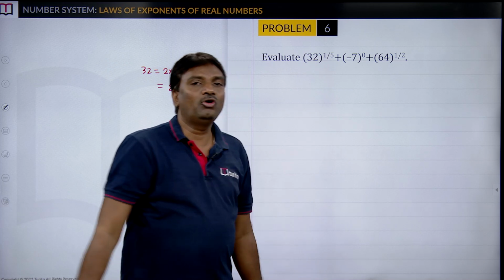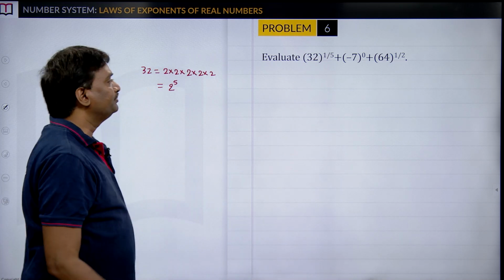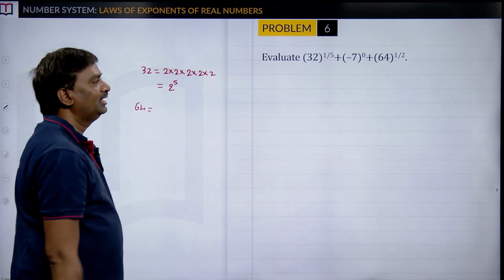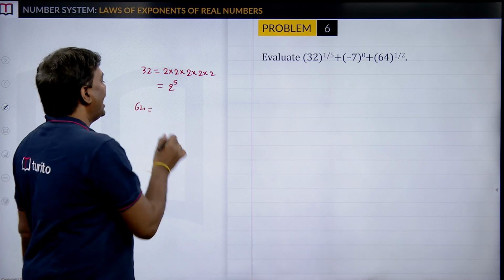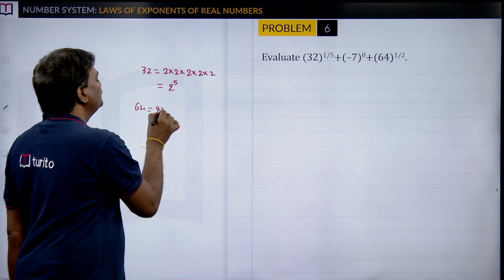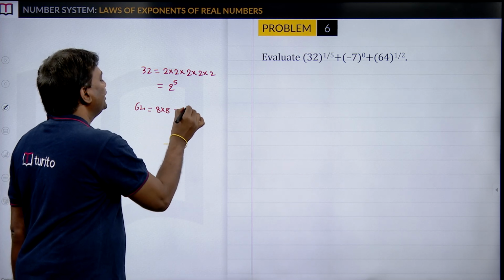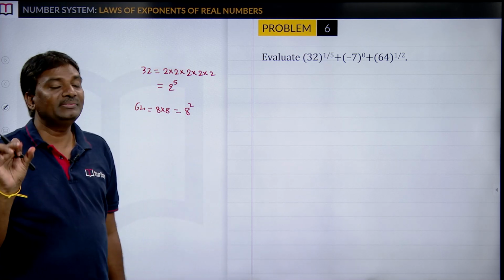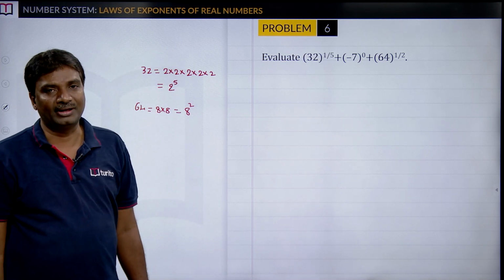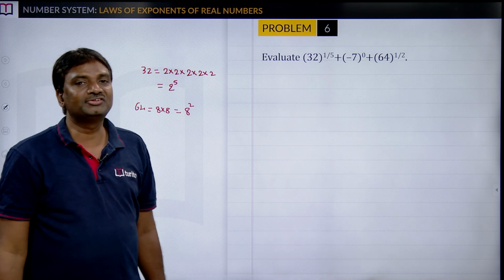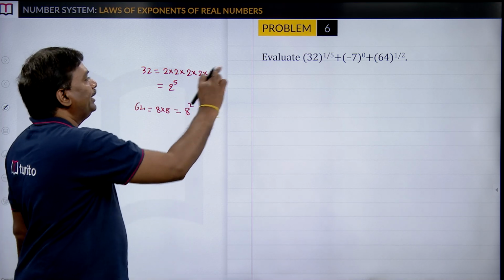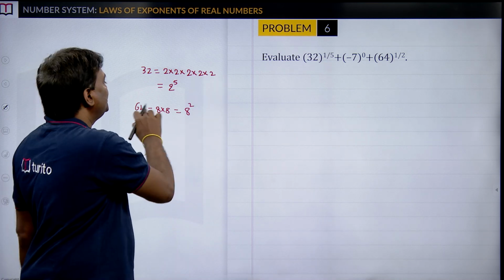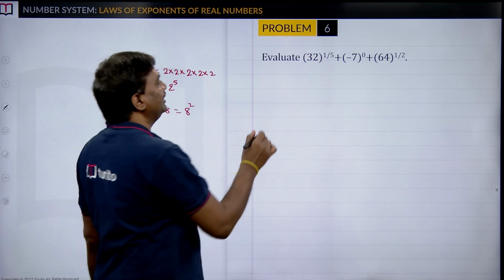Next, 64 power 1 by 2. So 64 can be written as 8 into 8, that is equal to 8 square. 64 is a perfect square number. We know 8 square equal to 64. Now in place of 32 we write 2 power 5, and in place of 64 we write 8 square, and you will get